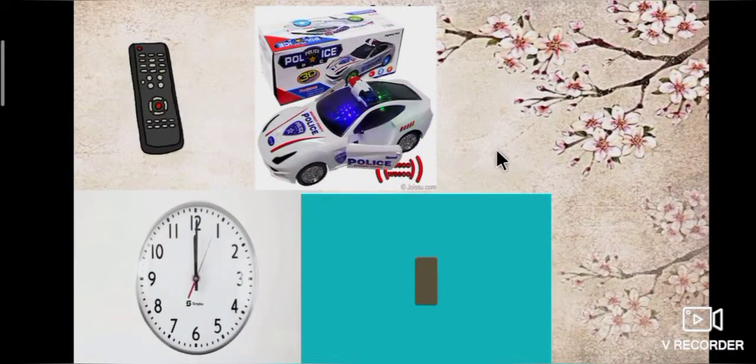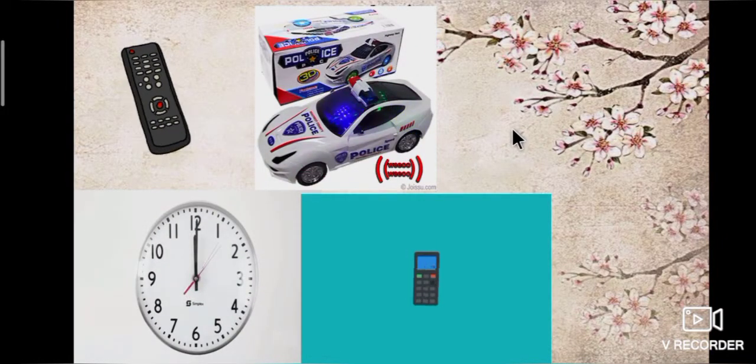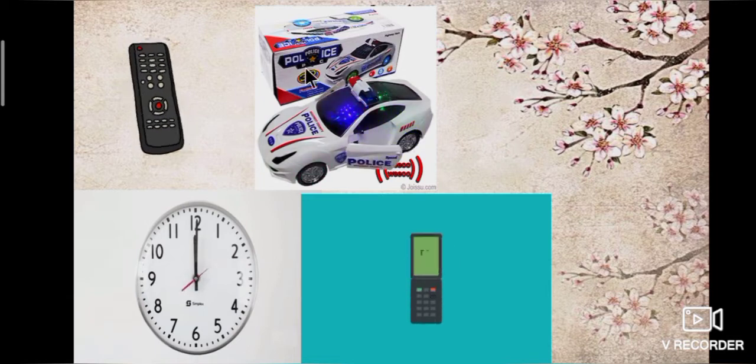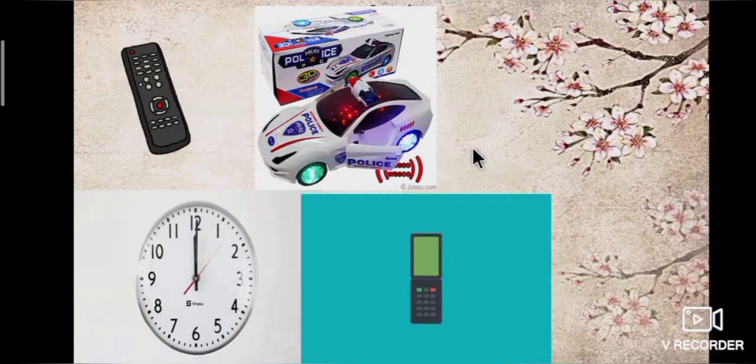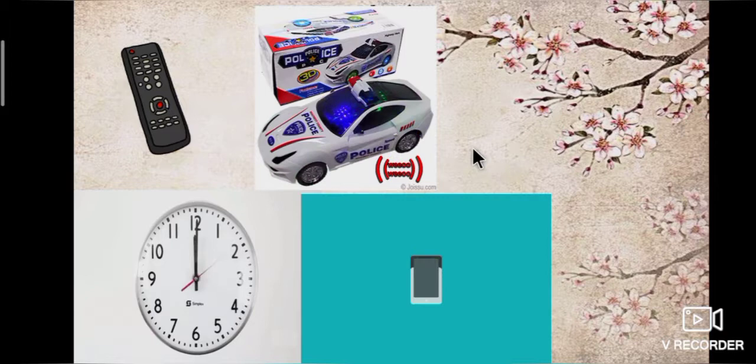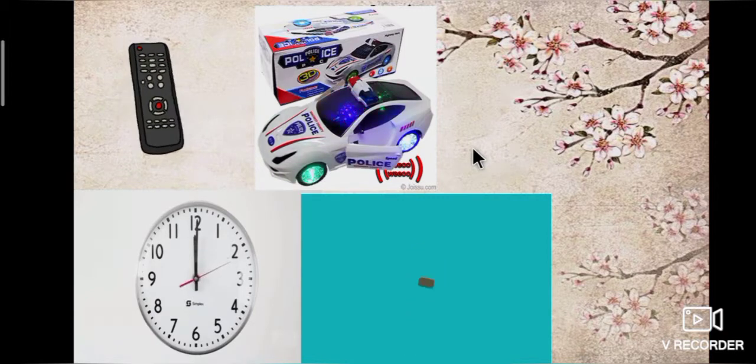In our daily life, we are using cells and batteries for the functioning of remotes, toys, cars, clocks, cell phones, etc. Even though all the devices produce electrical energy, some of the cells are reusable and some of them are single use. We will see the uses one by one.